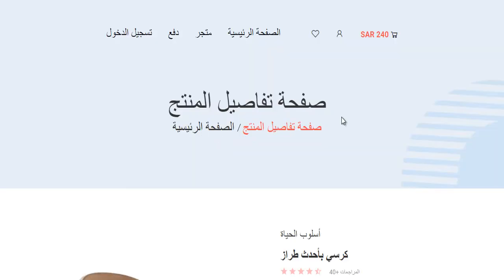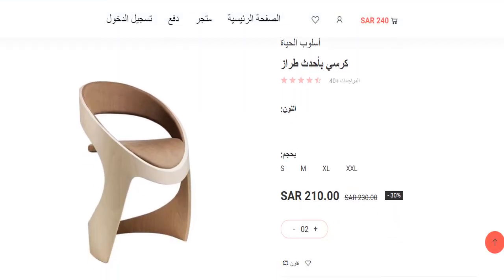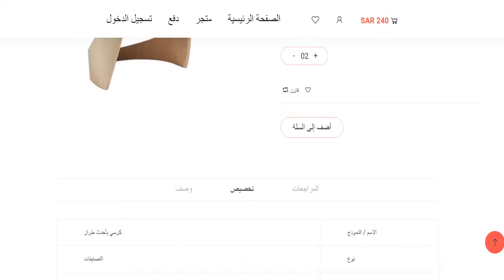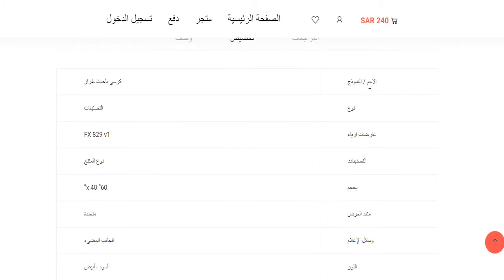Okay, so if any product from here or the main page is selected, it should go to the product details page. So this is the product details page. Okay, so 800 by 800 is this image size. Okay, this description will be added from the admin side. One is the product name, product description, the color of the product, product size, the price of the product and previous price. So the discounted and the previous price. Okay, this should be dynamic. This is the feature of the product, so the customer can add as many as he wants, like the color, the model name, whatever he wants to add he can add up here. These are currently seven features.